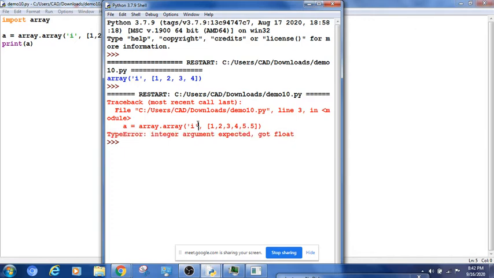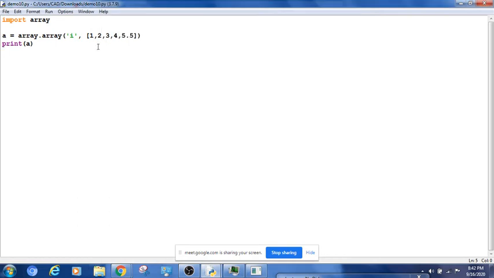You are saying that you are creating an array of integer, but in the list you are trying to give a float element also. Since an array is a collection of similar data type, it will not work. You can create an array of integers or you can create an array of float, only one type. You can't create a mixture like a list. If you want to do that, go for a list.